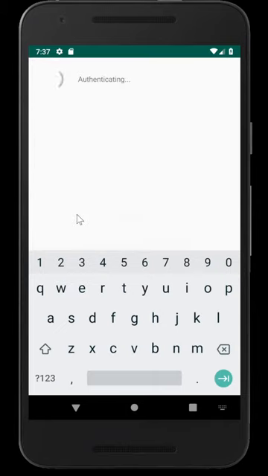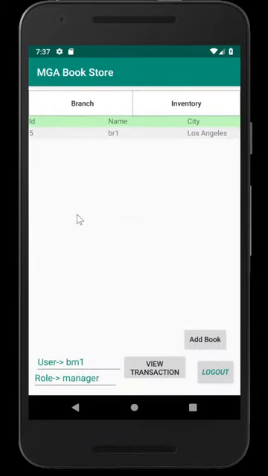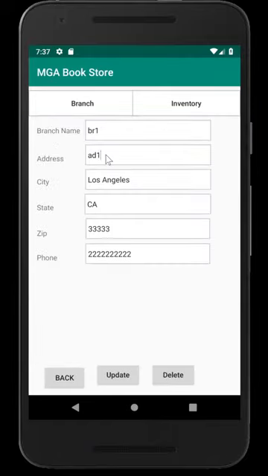Now we log in here, and we see only one branch. The branch 1, the ID was 5. And when we go to the inventory, we see the book because that book was added for this branch. So now this guy can add more books. This guy can even make some changes to the branch details. Maybe make this one 1,